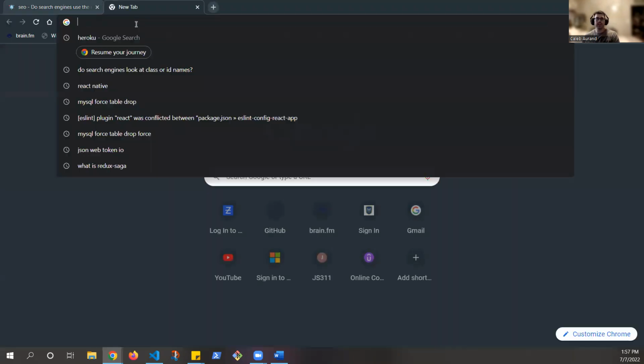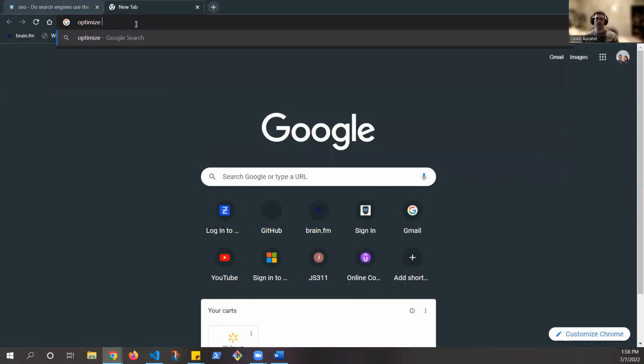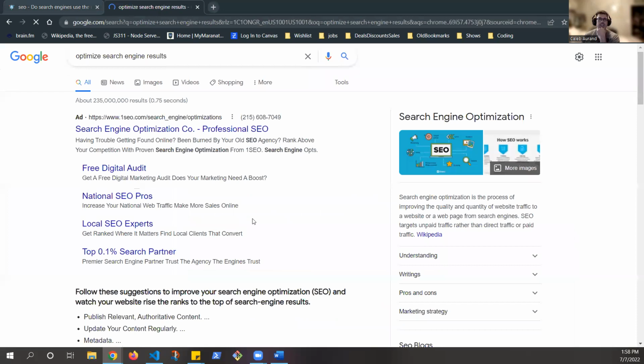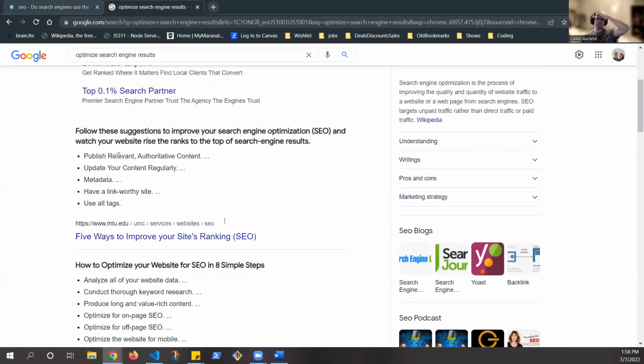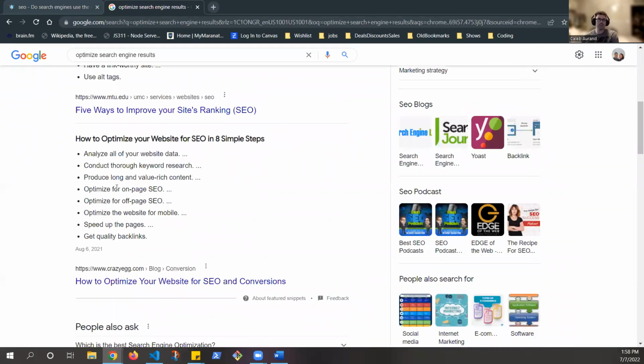The best way, I think, for optimizing your search engine results, if we look at the taskbar here, you can get some recommendations. Some of the first ones are: publish relevant, authoritative content, update your content regularly, use metadata, have a link-worthy site, and use alt tags. These are simple things using HTML. It's not that your web page is the fanciest or uses the most JavaScript. It's just simple things, like using the header tag, the body tag, the footer tag, things like